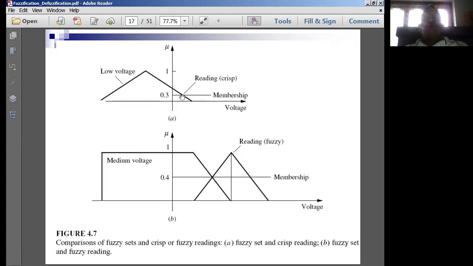That means here, imagine that there is a value called 0.3 exactly. This exact value of 0.3 is going to be called a crisp reading. Now this crisp reading we are converting into a fuzzy reading by taking various values between these two limits. Okay, that means here the value is going to change from this limit to this limit continuously. So all these values are going to be the fuzzy set values, which are improper in nature, whereas a reading from a crisp set is proper in nature, and a reading from a fuzzy set is 100% improper in nature.